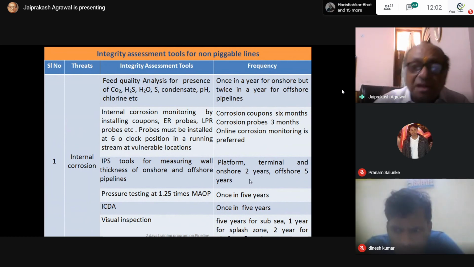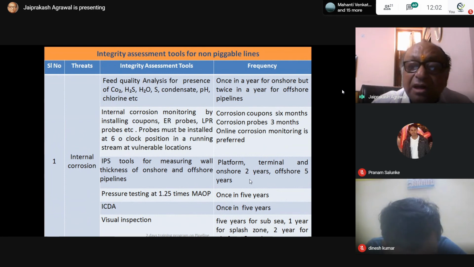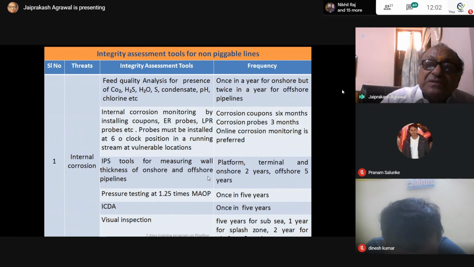So once in 5 years, either you engage divers or you have the remote operating vehicle where you can fit ultrasonic tools, and they can measure the wall thickness and record it, mounted on the remote operating vehicles. That is costly also, but you have to do it. You have to measure the thickness of the pipeline.